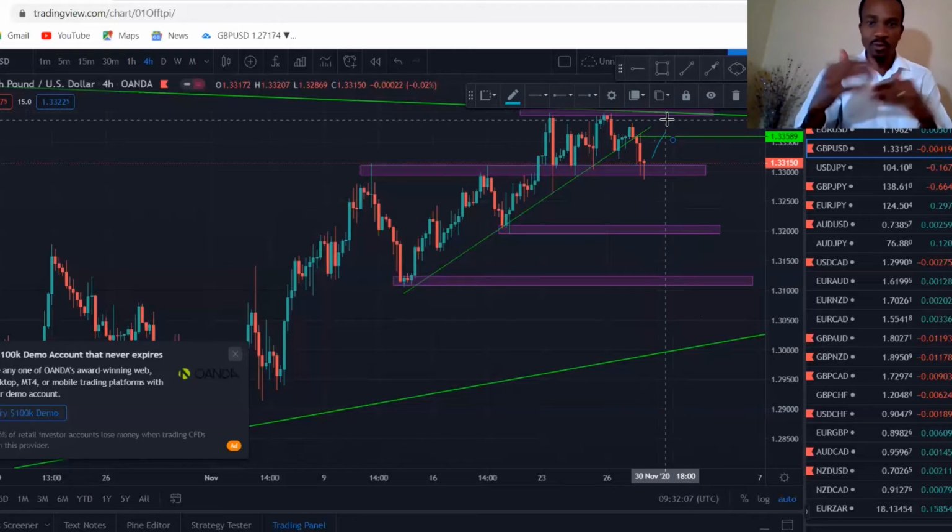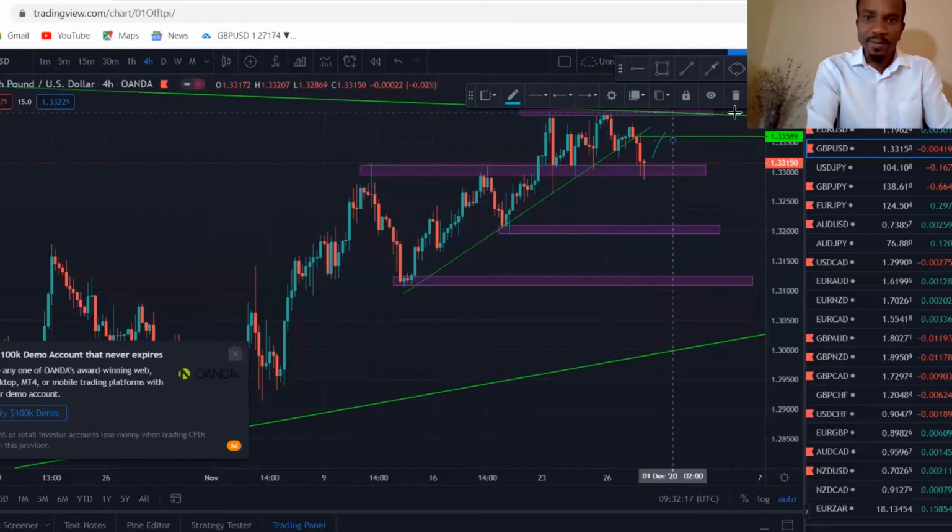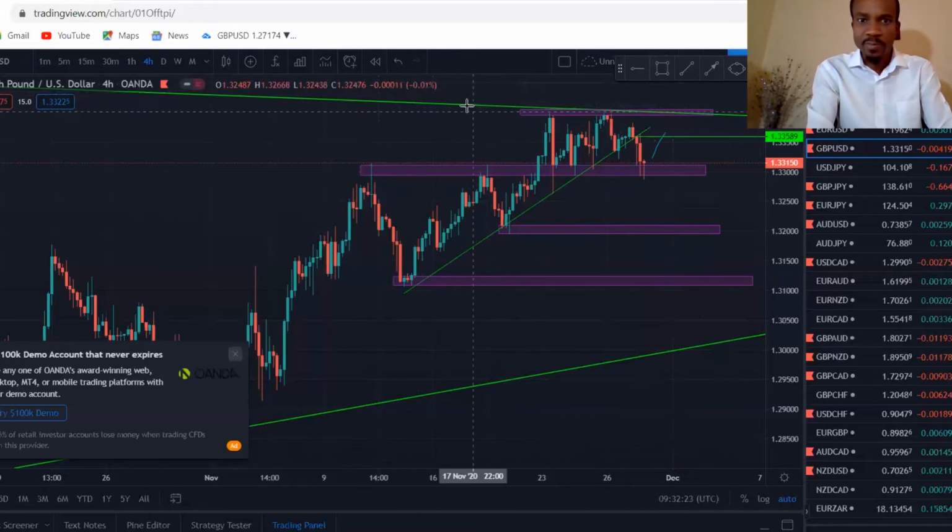Remember we said price is consolidating in a channel. From a monthly time frame, price is busy consolidating. So if price breaks above this green line area here,